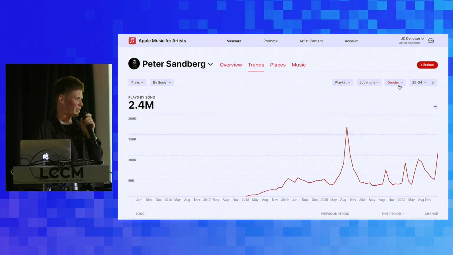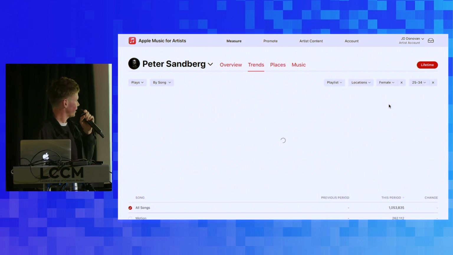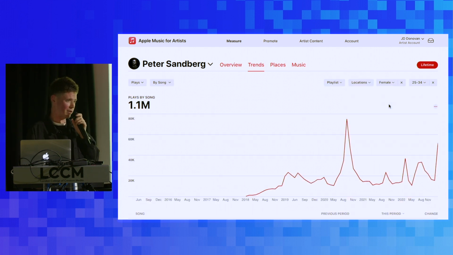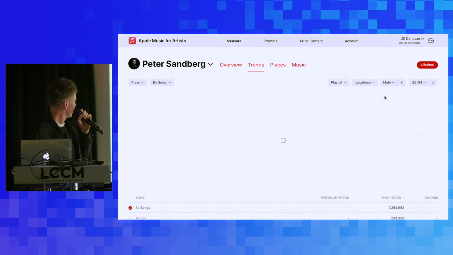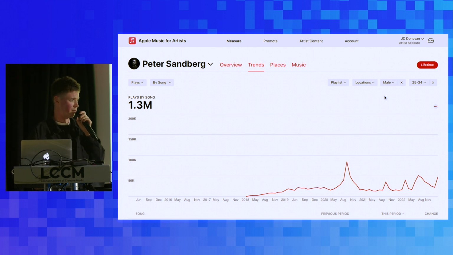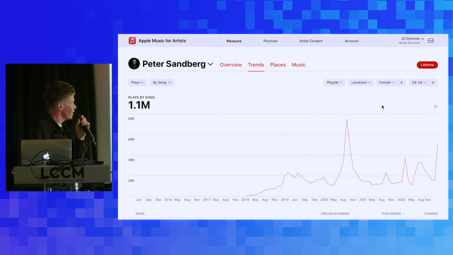So all of those of you who are thinking about making softer, more ambient music, you're in for a good treat. We can also filter by gender. Unfortunately, Apple at this point does not have a non-gender specific category, which I think needs to change fast, and I think they will update that. We can see that within that category, men actually account for more of the split. It's only fractional. So you can see very quickly how you can get very granular with this.